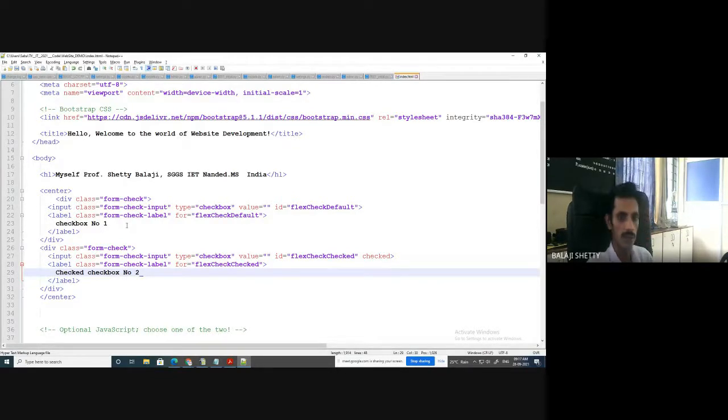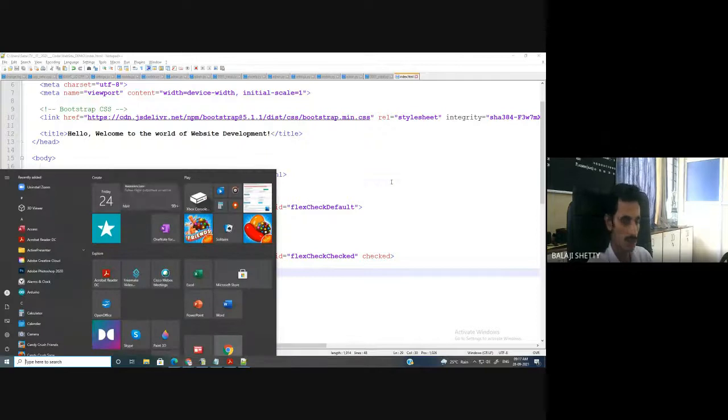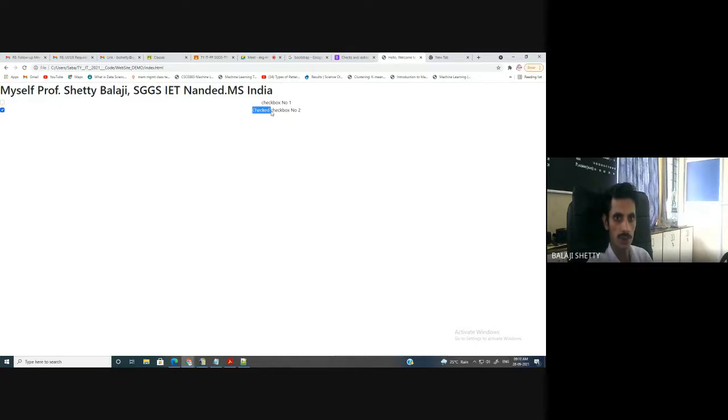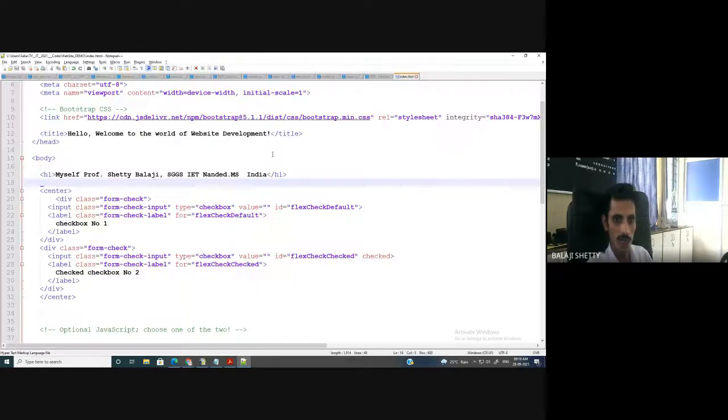Okay, I save it. Now you can see the changes visible in the pages. Checkbox number 1, checkbox number 2. Here you can see it is already checked, and this is not checked. Why? Because you have to understand the code. Here it is written as checked. Value equal to checked.